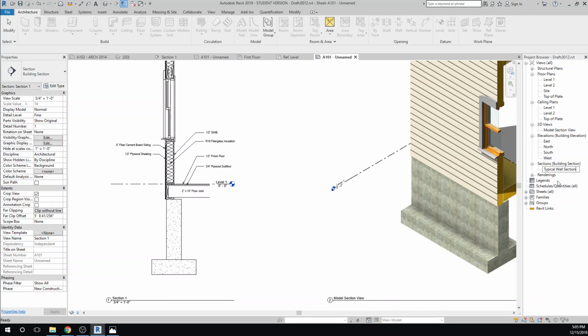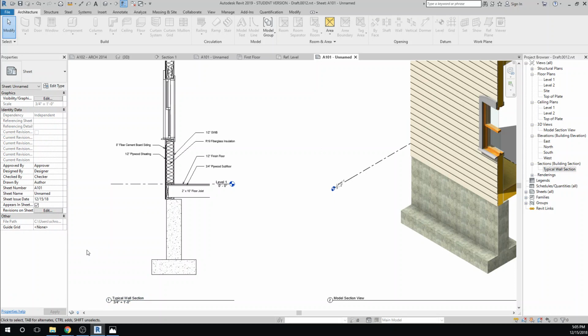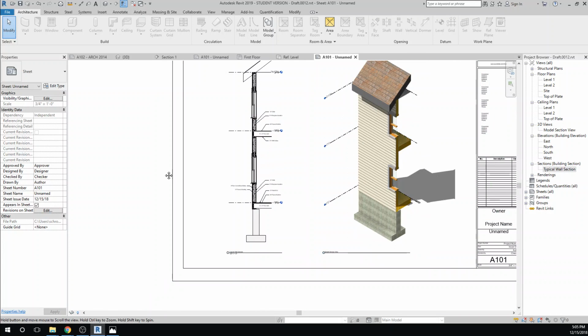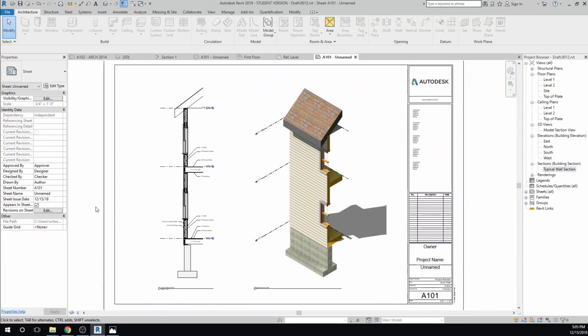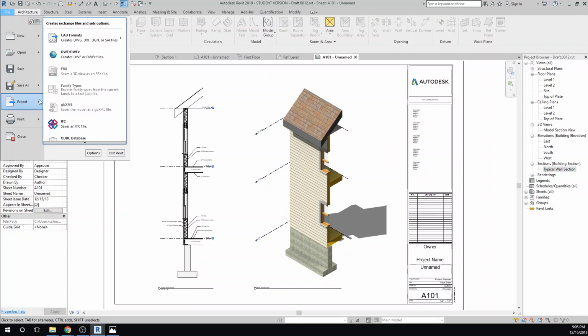Because that's basically the full construction of what a structure may be, detailing all kinds of the typical exterior walls on a building with common floor plates. And I'll click off of that, and now we have that idea of the typical wall section being updated in that label area. So that looks pretty good for this project, and all we need to do now, besides saving it, would be to export it as